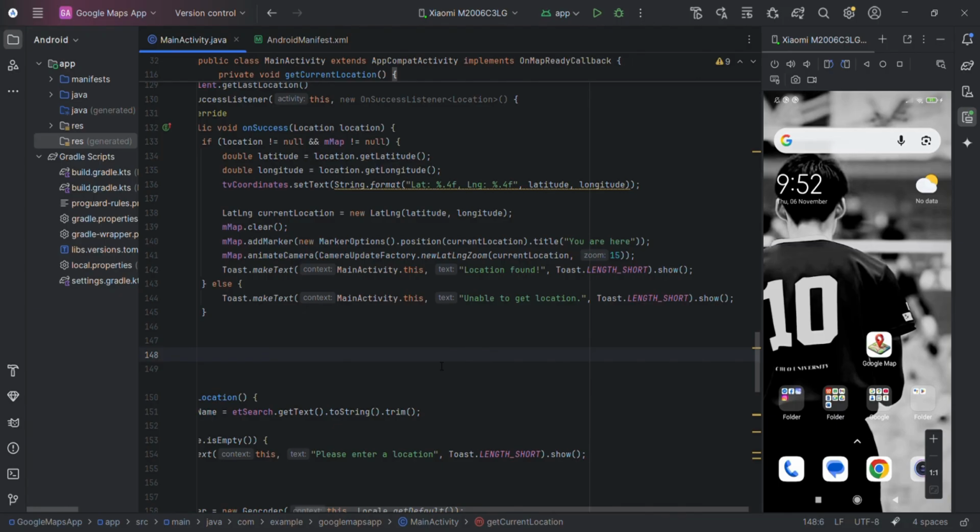Next is what happens if location permission is denied. If the user denies the location permission, the app cannot access the GPS coordinates. That means functions like getting the current location and showing the blue location dot will not work.